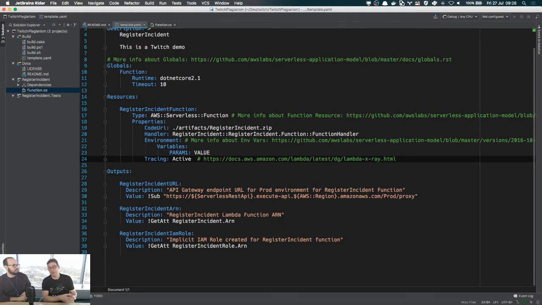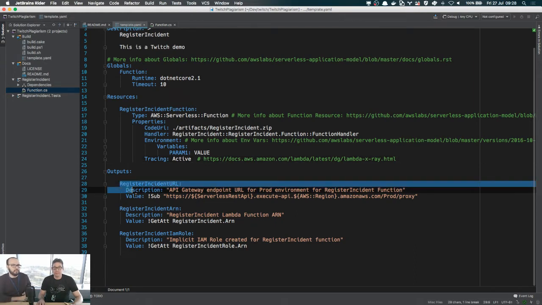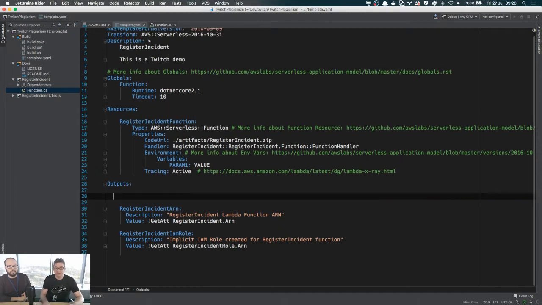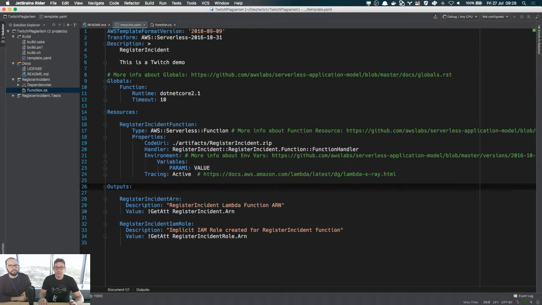The step function is going to invoke our Lambda function, not API Gateway. Yeah, and we also need to remove the register incident URL in the outputs because there's no API being built. Otherwise, our CloudFormation is going to complain. Yep, absolutely. So let's get rid of that. Right. But as you can see, we've got a load of stuff here ready to go